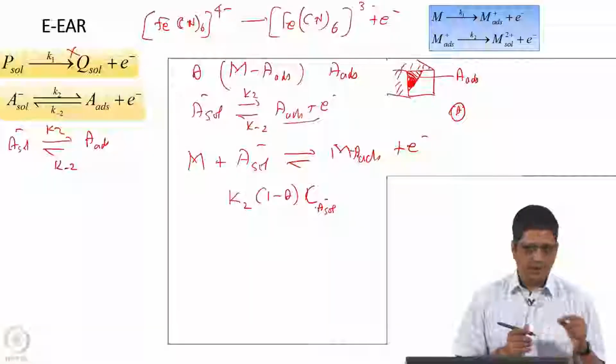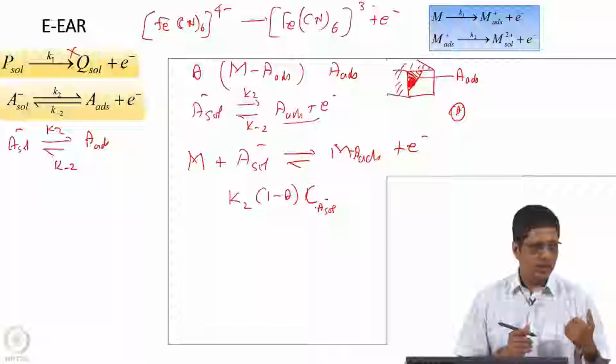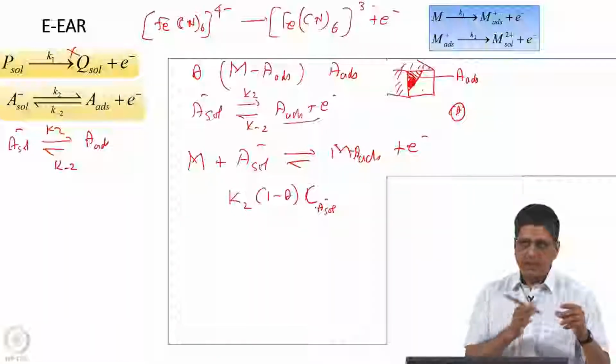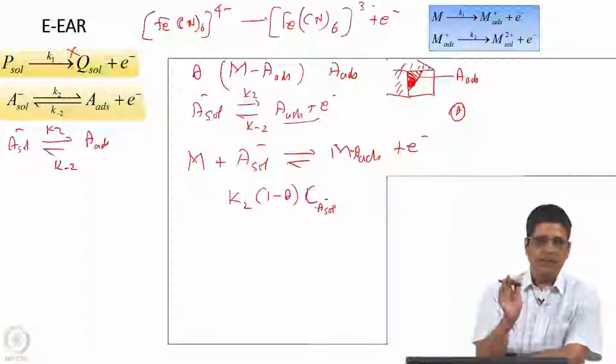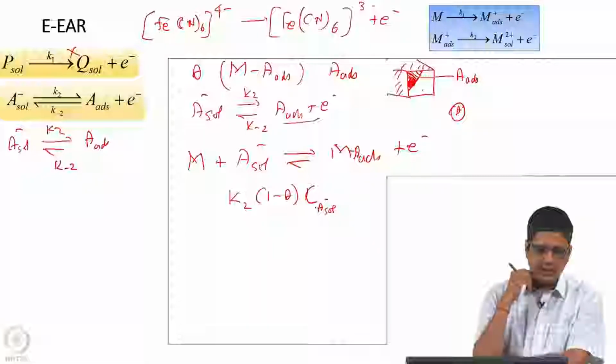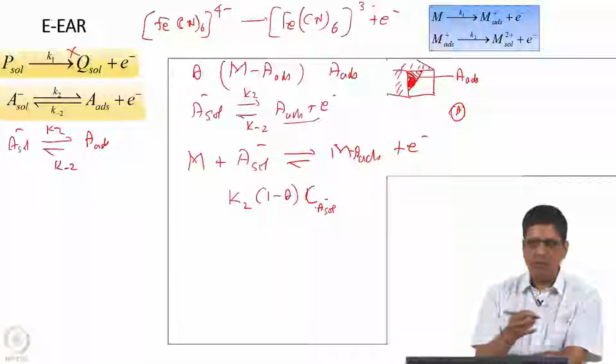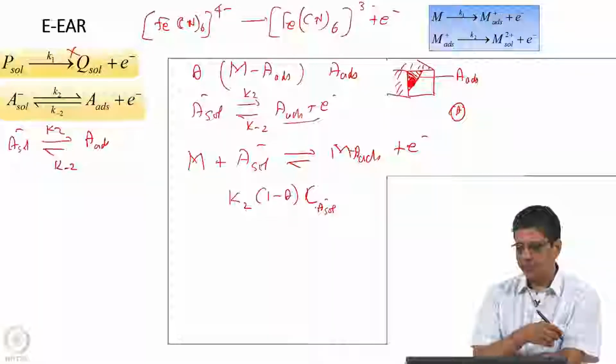significant. We can control the voltage and measure the current, or control the current and measure the voltage, but by and large we are not altering the concentration of this species in the solution. That means the concentration of P, concentration of Q, concentration of A minus, all these in solution are fixed numbers. That makes it a little easier to handle this.